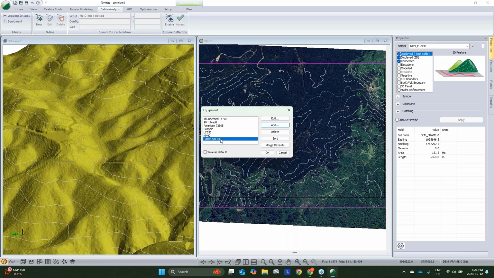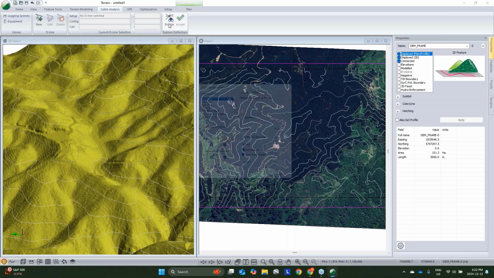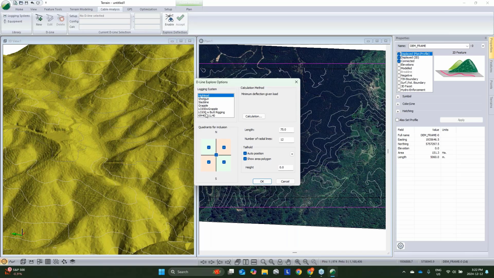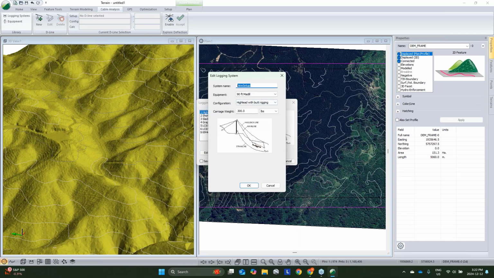So we've got this new piece of equipment added. We can hit save as default if we wanted to use this in the future. And sure, I don't mind having that in my list. And again, just to reiterate, if we go in here, we don't have that harvest line equipment that we just built, because we don't have the logging system defined yet. So going into the logging system, we're going to add in our